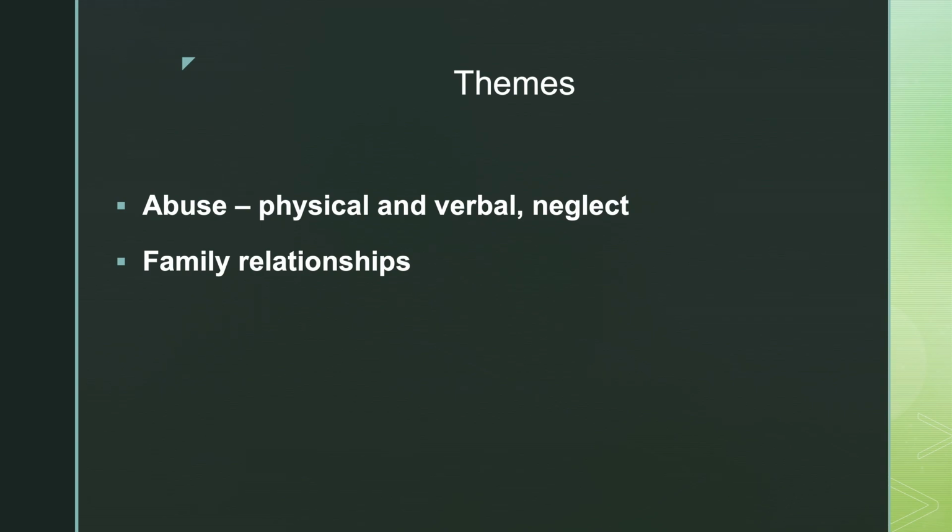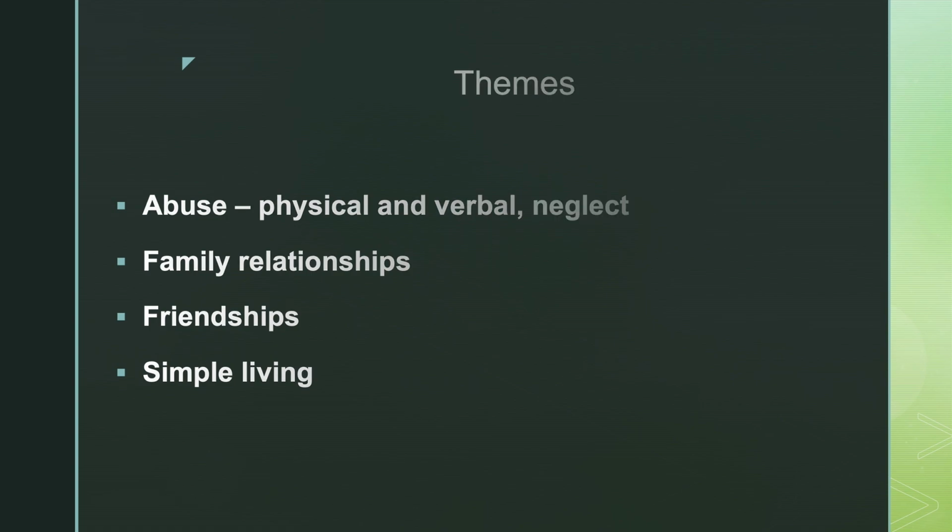We see, of course, family relationships. Not the best of relationships, but the theme overall of family relationships. And we see the family dynamic in the Grant's household at work. We see friendships, of course, with Frank and his classmates. And we see a simple living existence. It's not a fancy broom that he used to sweep the yard. It's a very simple farming community. Everything that was described is pretty simple. No fancy curtains, no fancy beds, no fancy kitchen. Everything is pretty simple.